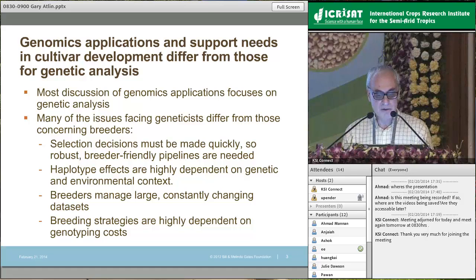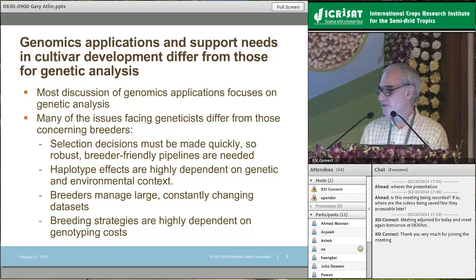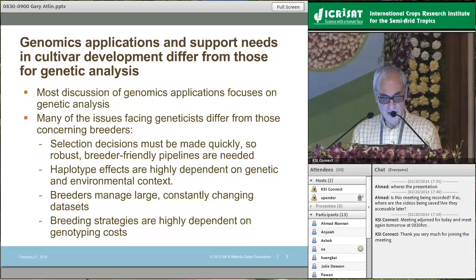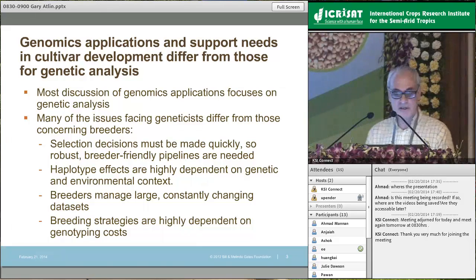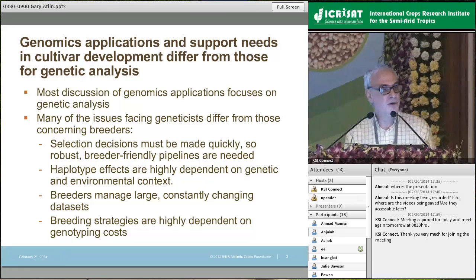Breeders make selection decisions, first of all. So they're concerned with issues of selection bias. So are geneticists, but they often don't realize it. And they need to make their decisions very quickly in a narrow window of time. So they need very robust,